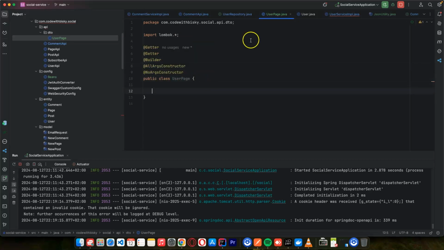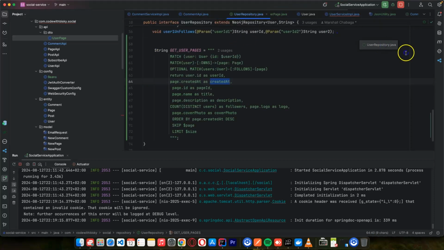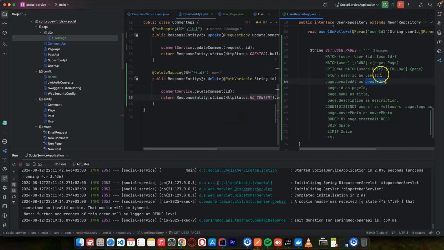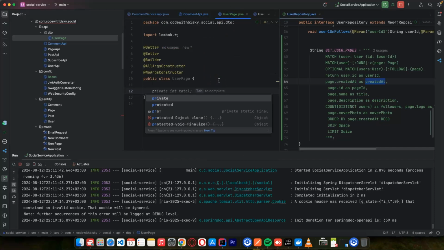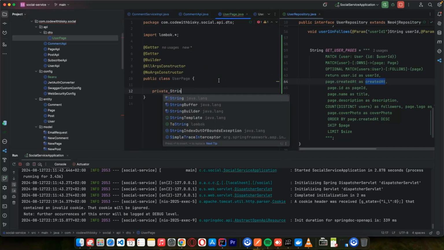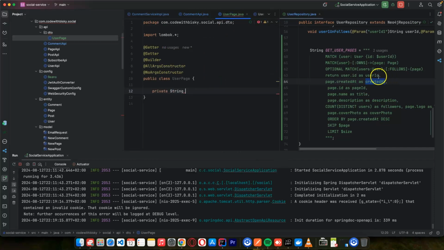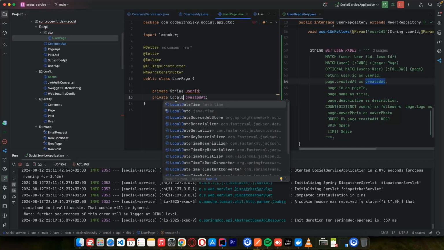So I have inputted everything here. So what I want to do from our user repository, let me do this. That's why I love this IntelliJ. Private string userId. We have user ID here, and it's a string, we know it, and we have created it. It's a local date time. So let me do this, local date time,